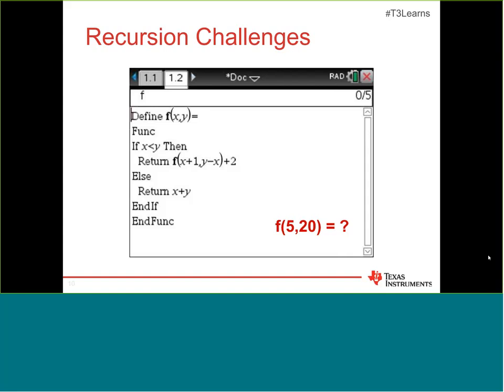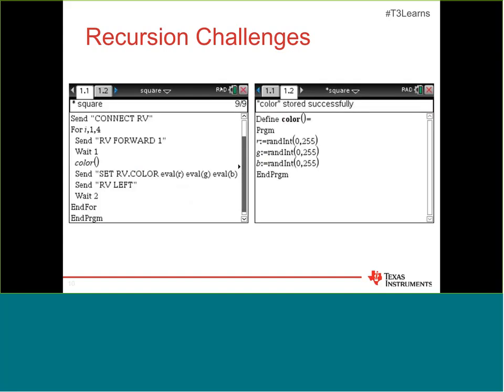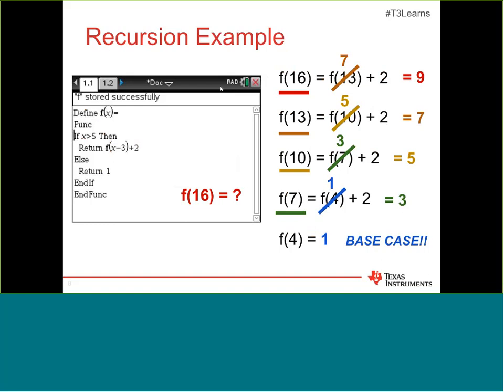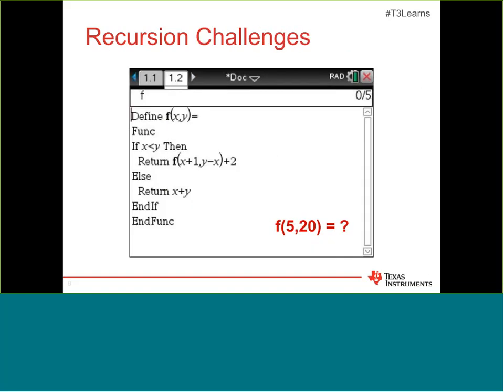So now I'm thinking in the chat about plugging them back in all the way up until you get to f of 5, 20, right? Yes. And this is a great illustration of why we animated some of these slides back here, because there's a lot to keep track of when you're doing recursion. You'd want to keep track of all your previous equations that you could go back